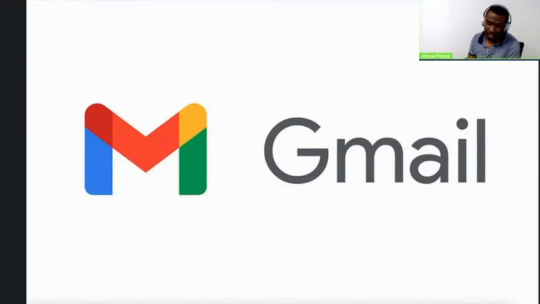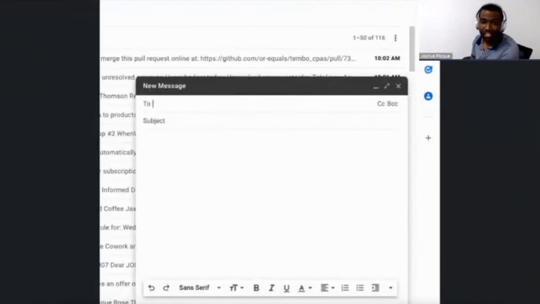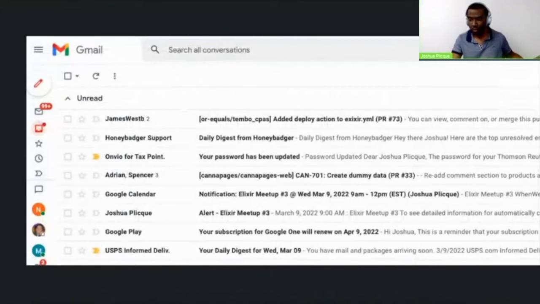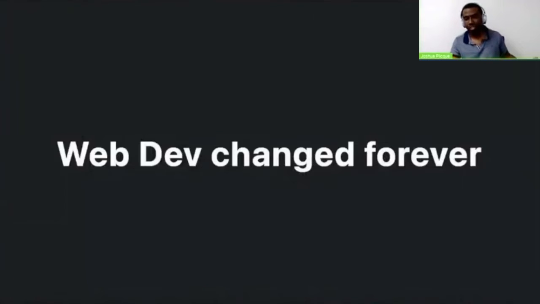When Gmail came out, the world had no idea what was to come, in the sense that you had applications like this, where you had pop-ups, where you could actually type and do multitasking in applications, where you click on a page, you don't get taken to a whole new page. The user experience of a single page application was so superior to the multi-page apps that we were used to that it took the world by storm. As a result, web development changed forever.